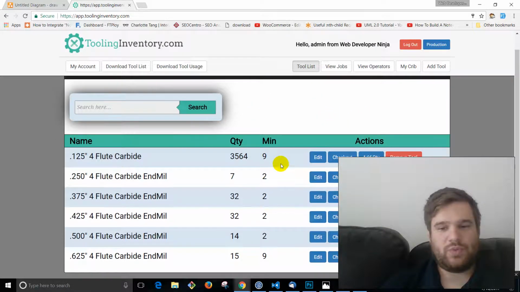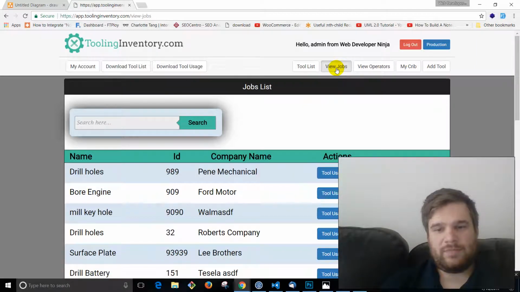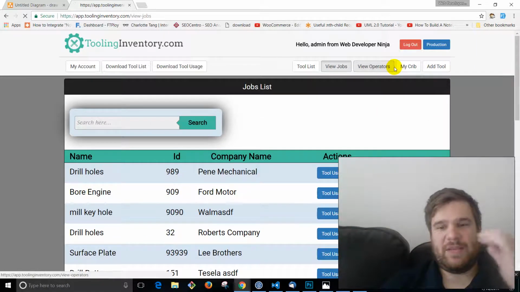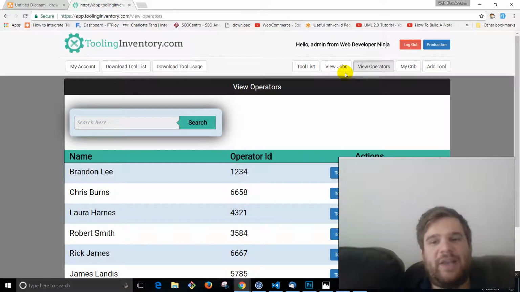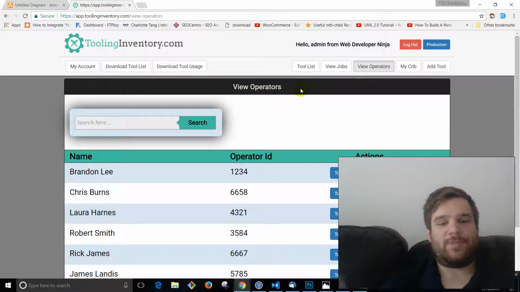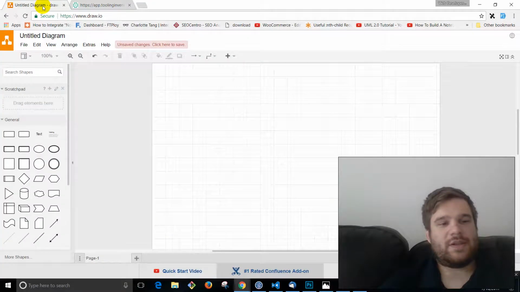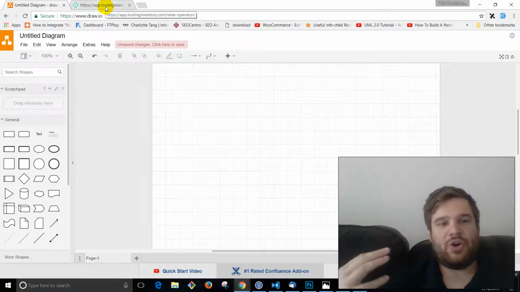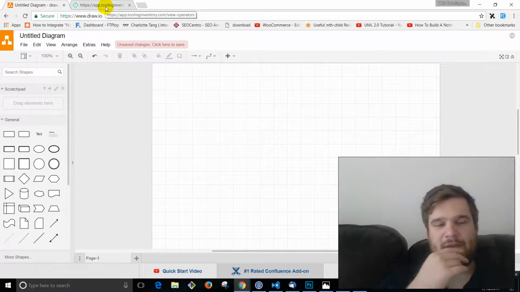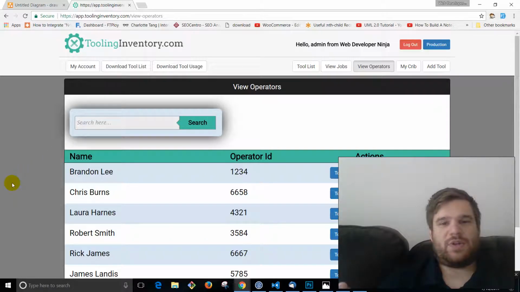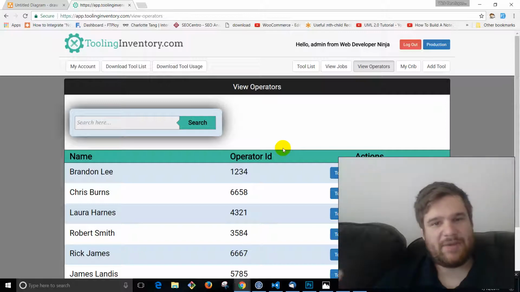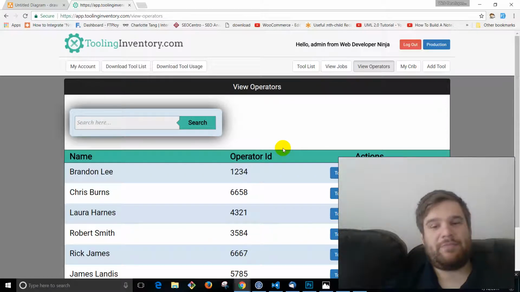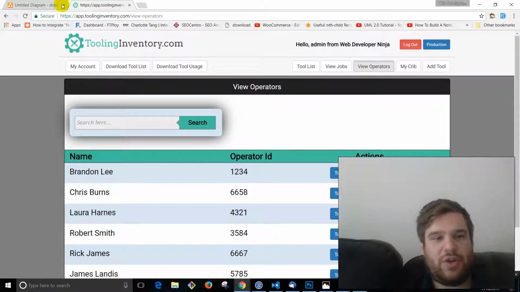So we've got a tools page. We keep track of jobs and we keep track of operators, and then basically how those interact with each other. And I want to go over some microservices do's and don'ts, I guess, and how I'm going to go about trying to implement microservices for this app. So the idea with microservices is instead of this app being one big app on the back-end side, we're going to implement a service-oriented architecture where we have